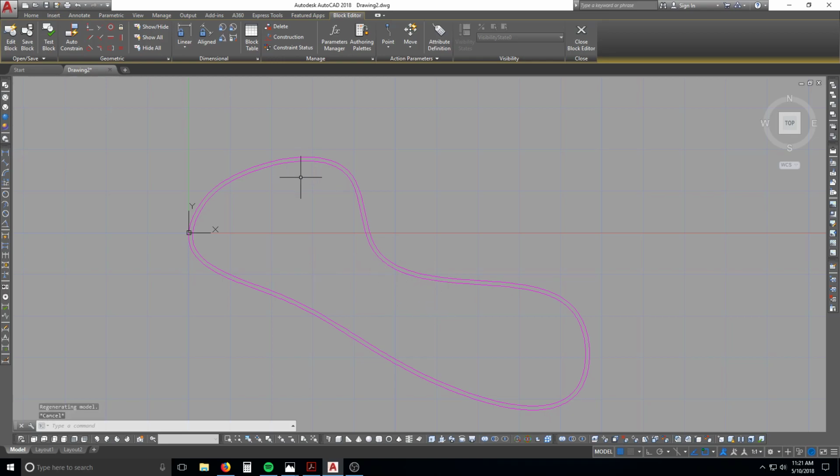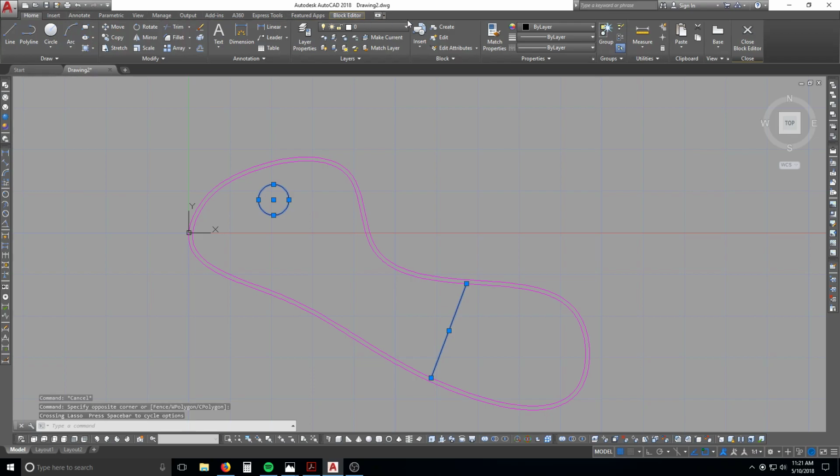Now you can change on the fly. If I wanted to, we're just going to draw a circle here, and then say a line from there to there. Pretend this is a pool or something. So now if you go to close block editor, and again you can change your layers and everything just like you normally could. You might have to go over to Home to access them, and if you wanted to change it into that,